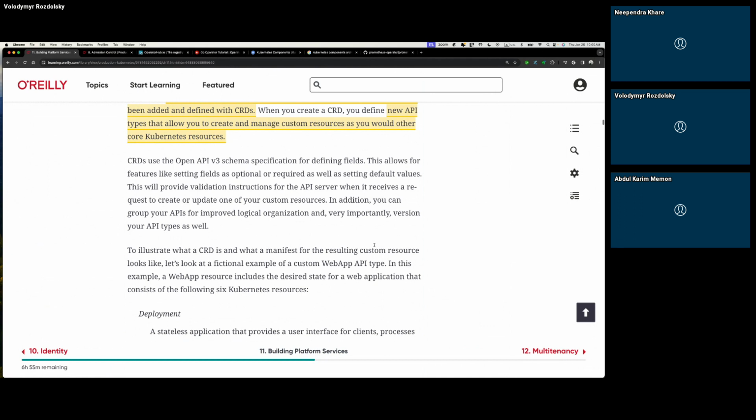For example, there can be an object called cars. This is a custom object which my company is interested to build. In this case, I think the example was given for some web app. Now, I don't have that car or web app object on every cluster in the world that installs Kubernetes, right? So I would get the base Kubernetes setup, and then I want to install my custom object.